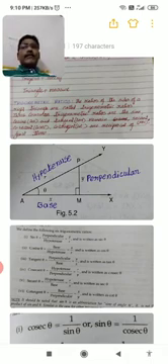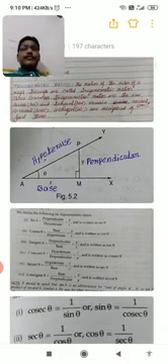Clear to you? Whenever the angle you are taking is on the base side, this diagram is okay. If you are taking the angle at P, then PM is the base, AM is the perpendicular. These are not fixed. According to the angle, the names of the sides change. Clear to you? You need to observe this. If they ask sin A, this diagram is okay. If they ask sin P, then for angle P, PM is the base. Clear to you? Then I am going to give the ratios.